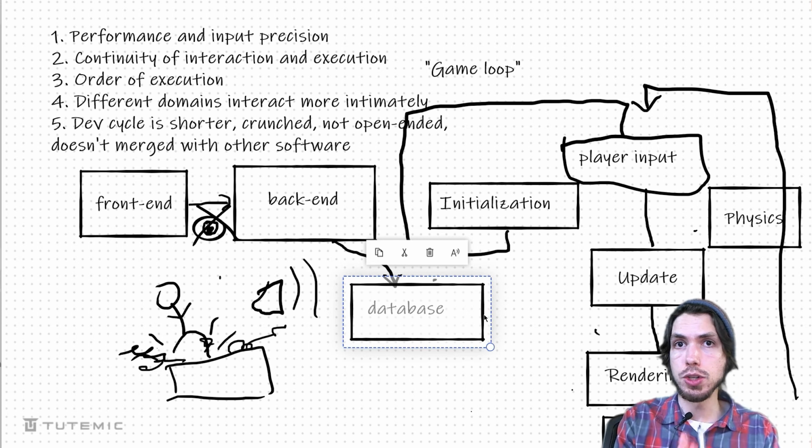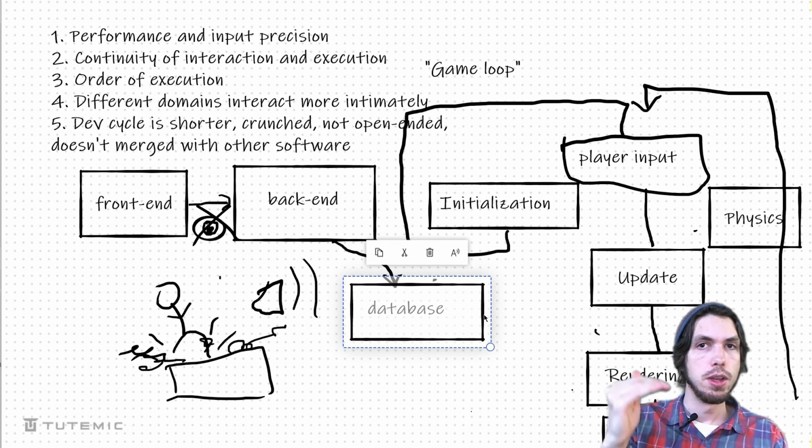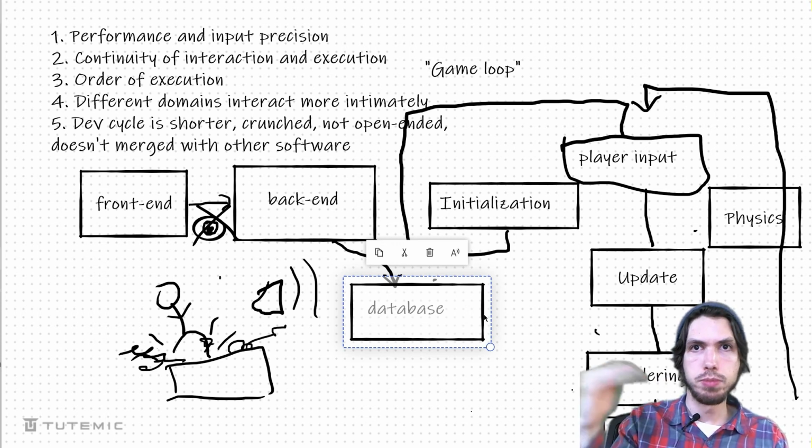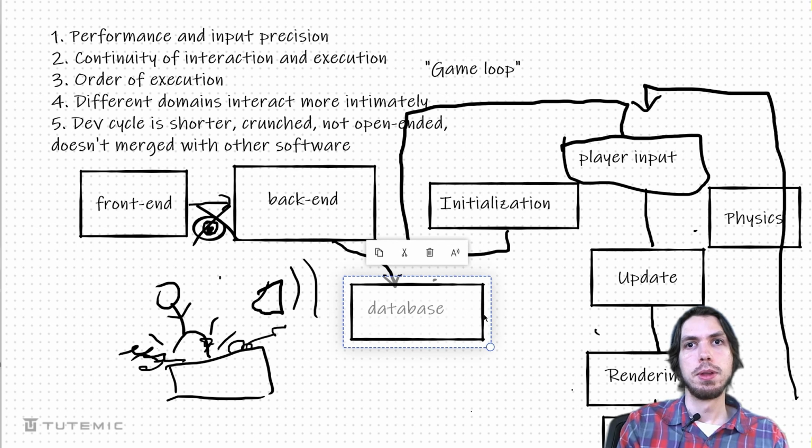It's more crunched because release dates are really, really important in games, right? You say that this game is coming out in November 20, 20X or whatever it is, and you're going to hold to that release date. Generally speaking, with other types of software, you're not saying, okay, everyone's been waiting for this release date, so we have to make sure we make it on time. Rather, certain features get scrapped and move to the next version.